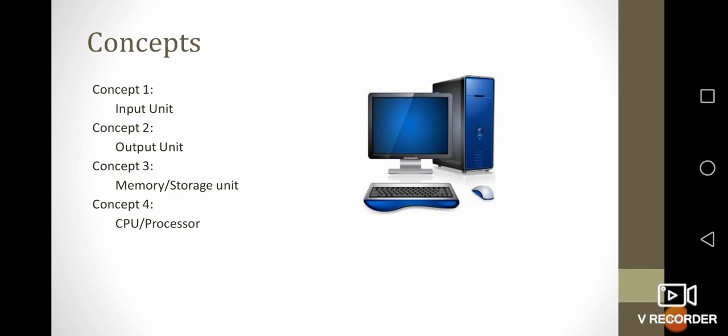Now you can see a computer image over here, which is an external appearance. As you see your human body, you can see your head, your legs, your hands, all that is an external structure. But we too have internal organs like the brain and heart, which are not seen. In the same way, when you see a computer, it's just an external appearance. We do have internal parts, and we are going to discuss all that in detail in this chapter.